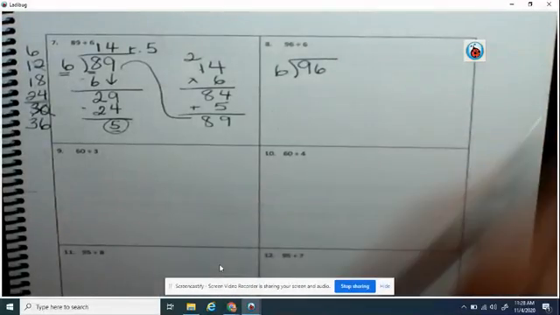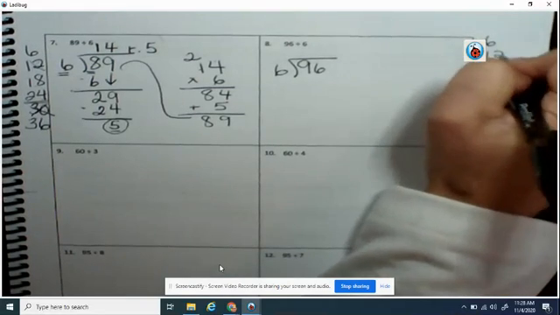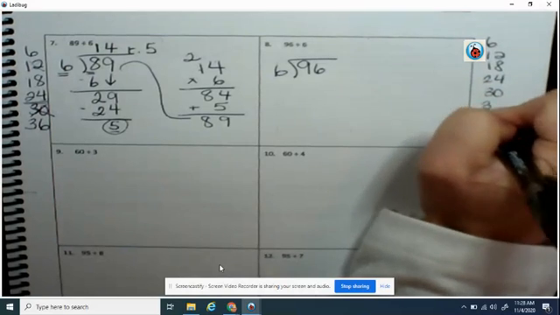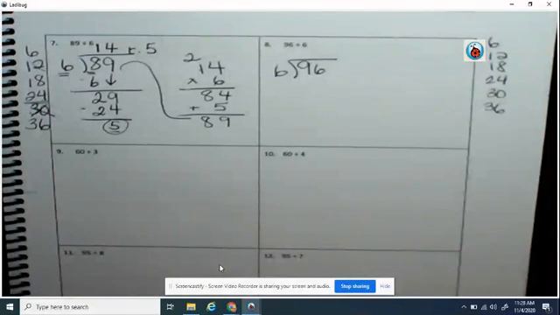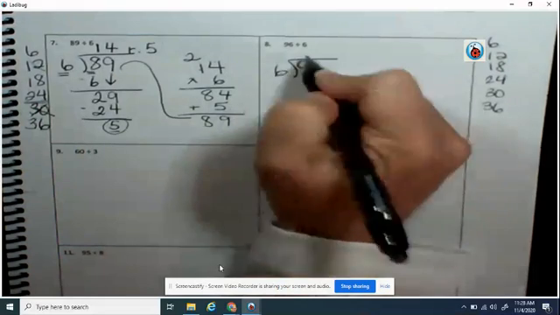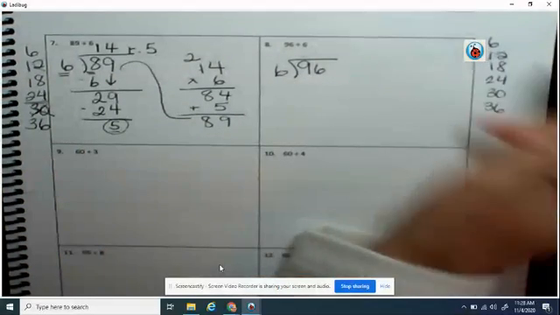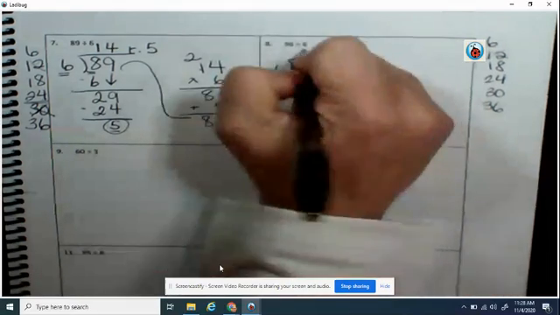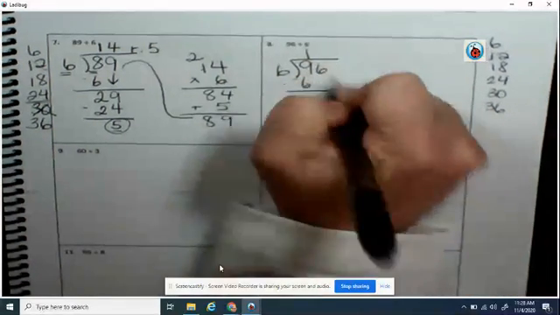Okay, let's do 6s. 6, 12, 18, 24, 30, 36. You'll get really good at writing your multiples. Okay, 6 times what gets me close to 9? I can still only do 1. I can't go to 12. Okay, so 6 times 1 is 6. That leaves me with 3